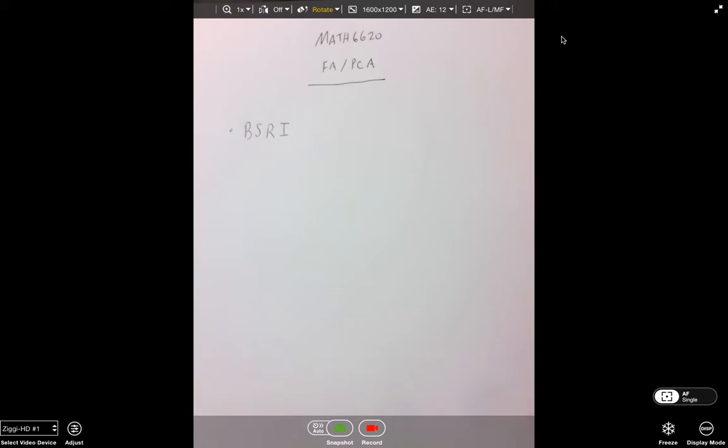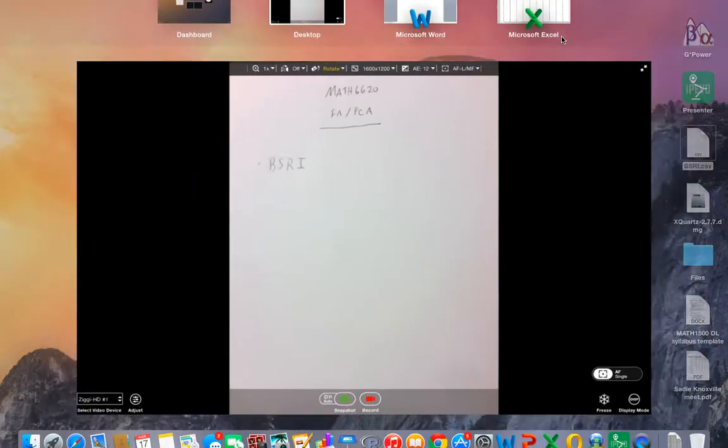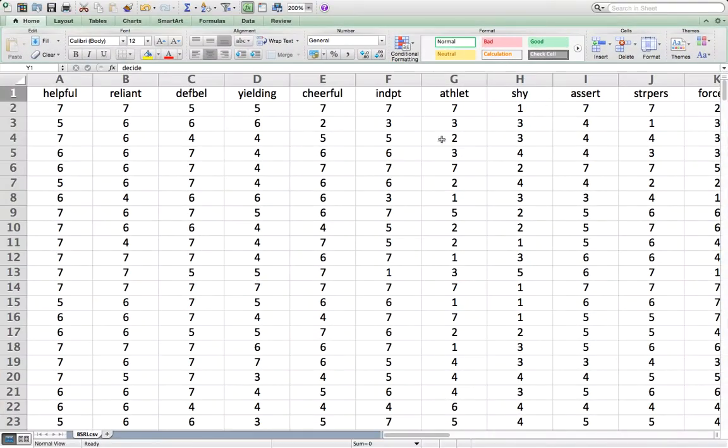But anyway, there's something called the BEM Sex Role Inventory, and this was a questionnaire. Now let me get out of here and show you what the questionnaire looks like. I have it brought up in Excel.